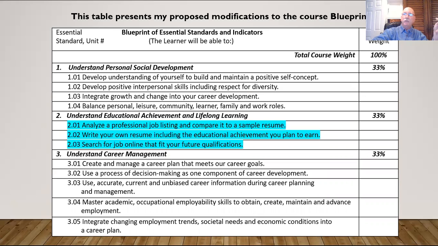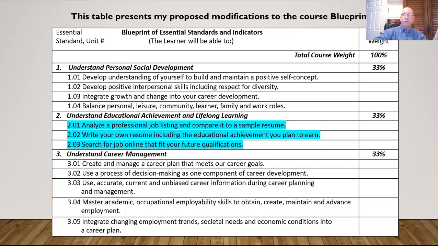I have the same Unit 2 overview, understand educational achievement and lifelong learning, but as you can see, I've got three different sections underneath number 2. One is to analyze a professional job listing, an actual job that's in the world right now, and compare it to a sample resume to see if it's a good match, the resume and the job.